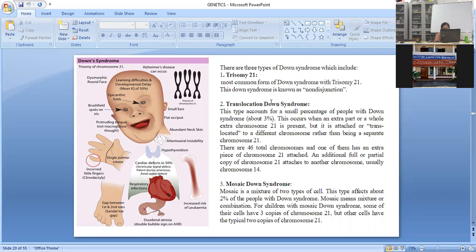Yet another one is mosaic Down syndrome, which is a mixture of both categories, the trisomy as well as the translocation. That means the cells will be of both types. In some cells there will be a translocation, and in some cells there will be trisomy conditions. These also can be put into objectives, as we can just mix and match the 14th and 21st chromosome in translocation Down syndrome. We can change this chromosome number to either 10, 9, 8 or something, keeping 21 as fixed, and we can have various options for the expression of translocation Down syndrome as well.